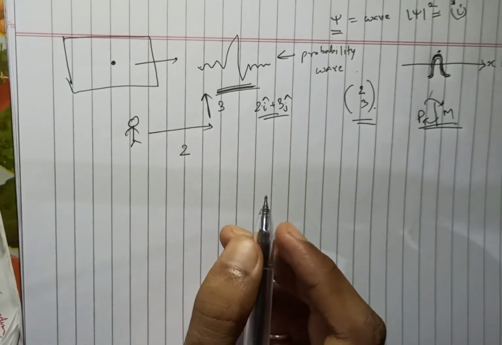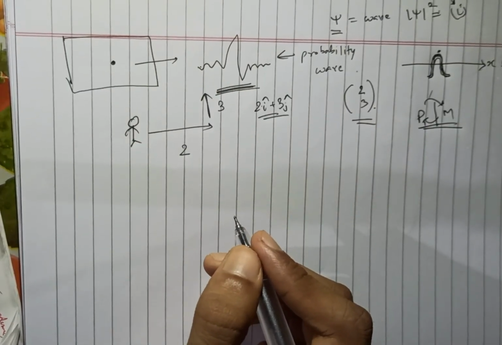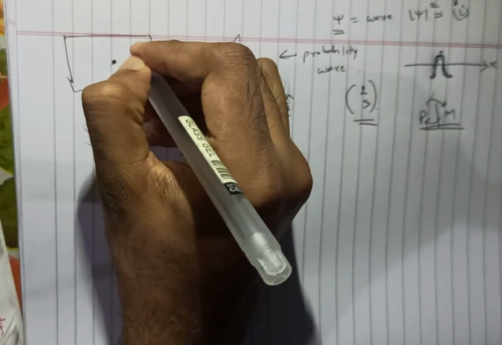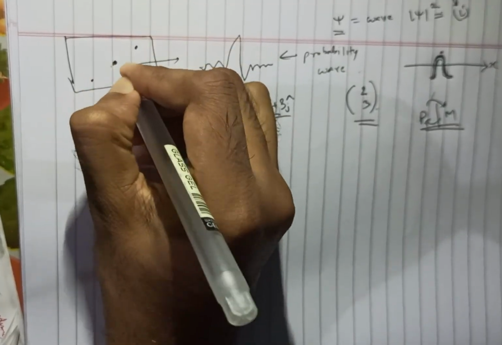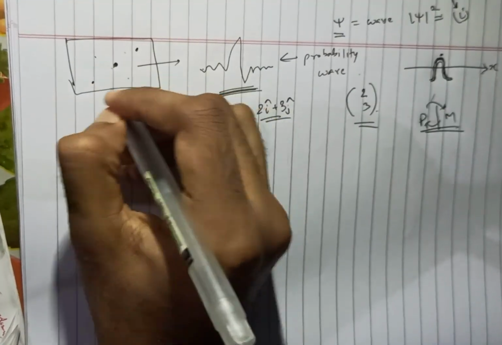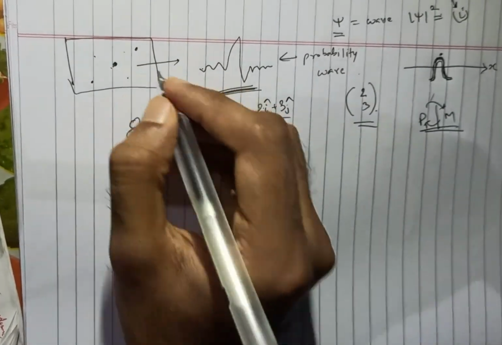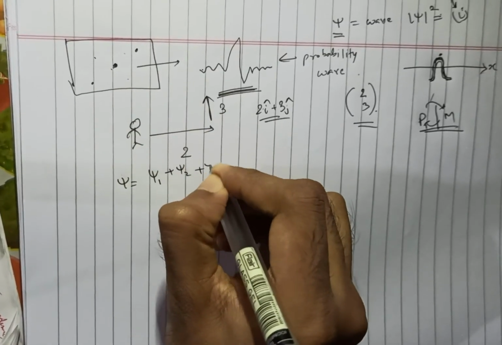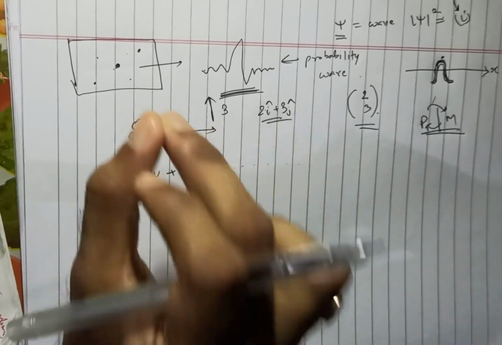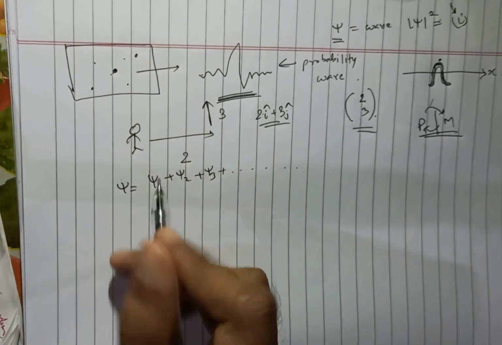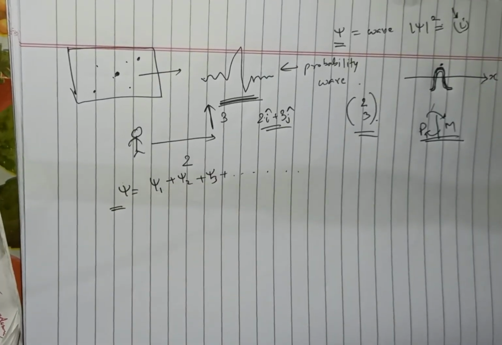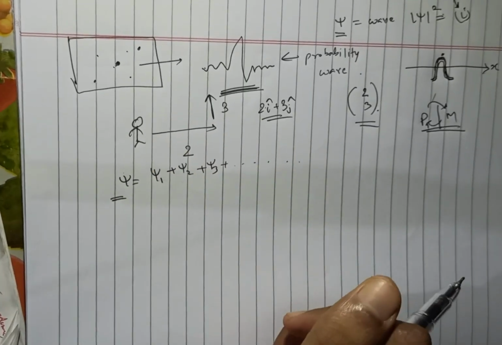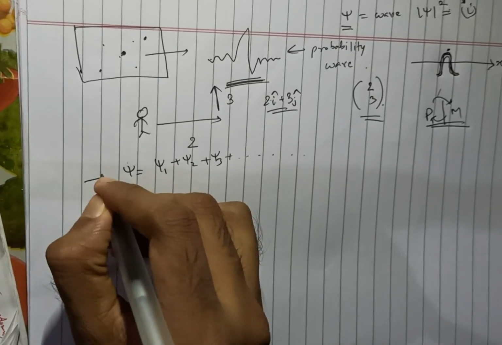So psi ket is a linear combination of orthonormal bases with complex numbers as coefficients. If this is a system and this is a particle, the particle can be here, here, or here. Or even if this is a system that has a lot of particles, and the quantum waves inside that box are psi 1, psi 2, psi 3, etc., then the overall wave nature of the box can be represented by this total wave function psi. This total wave function psi is a superposition of all the individual wave functions present in the box. Now this is physics.